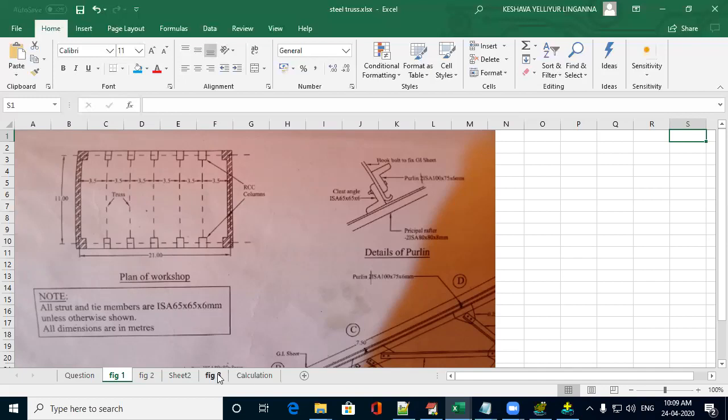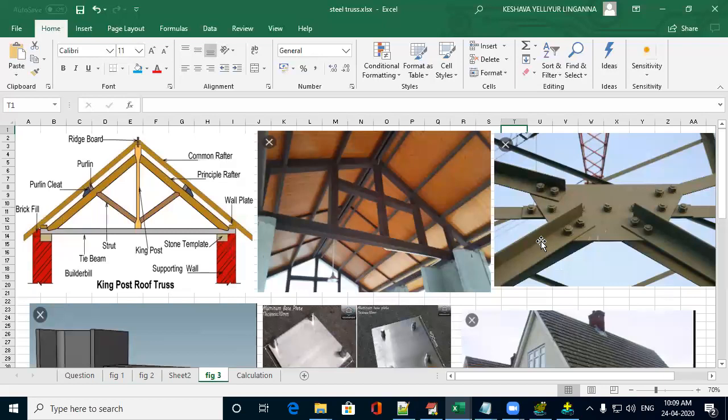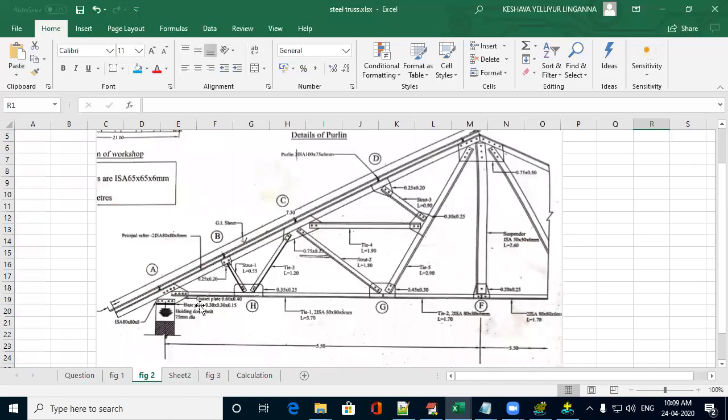I think you know how the angles will be. I'll show it again. These are angles. All the members of this particular truss which is given in our problem are of this shape. And also you can see here they have given gusset plates. These are the gusset plates which are used at the joints to connect all the members. They are also named as A, B, C, D. All these namings, A, B, C, D, are gusset plates with specific dimensions.